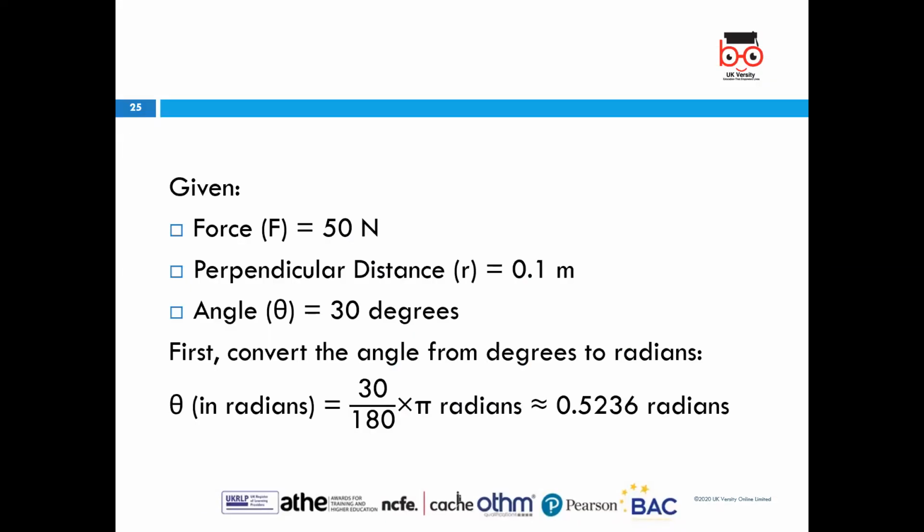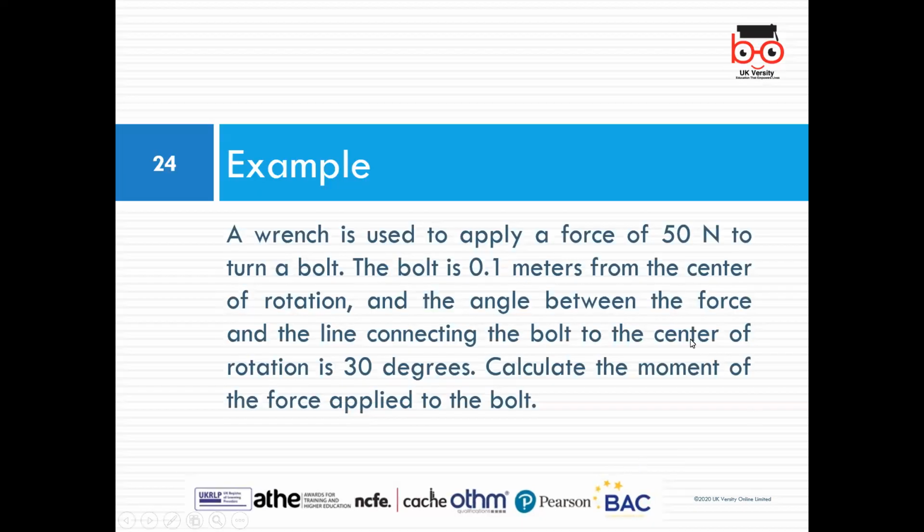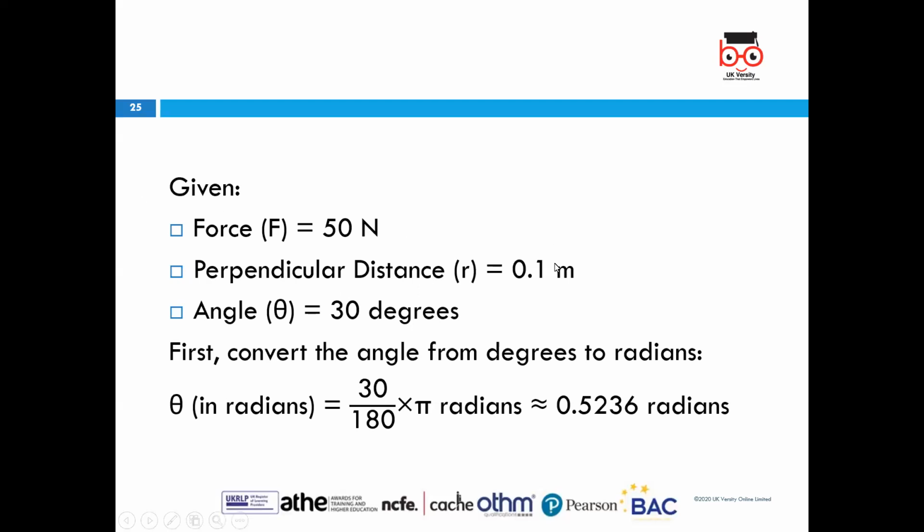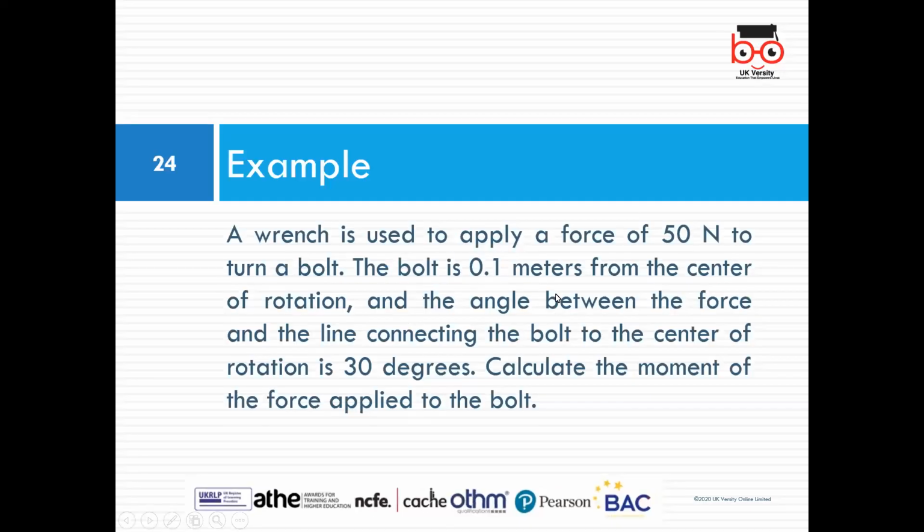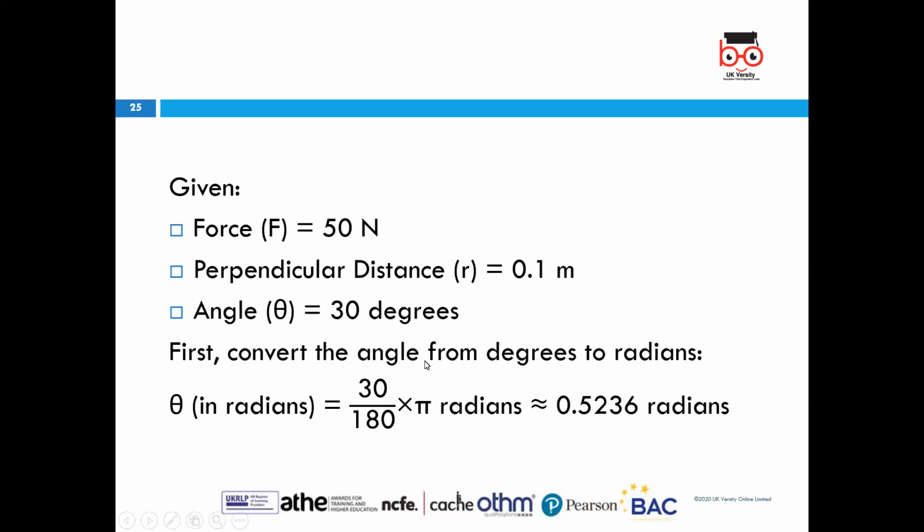Here the data given is force F is equal to 50 newtons. This is already given. Perpendicular distance is 0.1 meter. Angle is 30 degrees. First convert the angle from degrees to radians, which is a fundamental calculation. So it is 30 by 180 times pi. Pi is 3.14. When you get this calculation done, it comes to